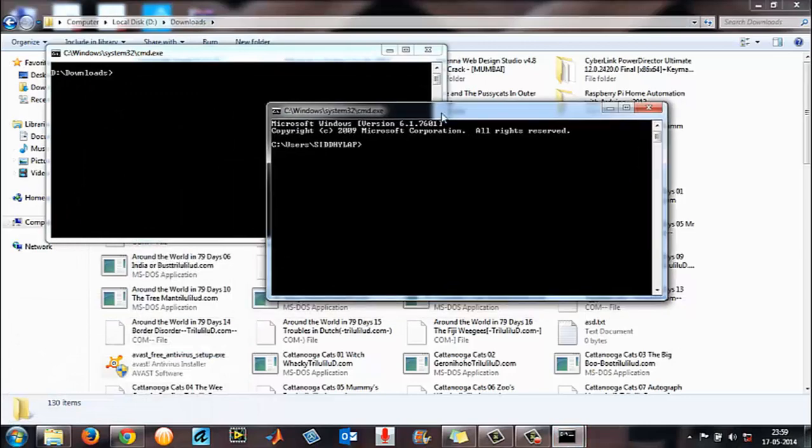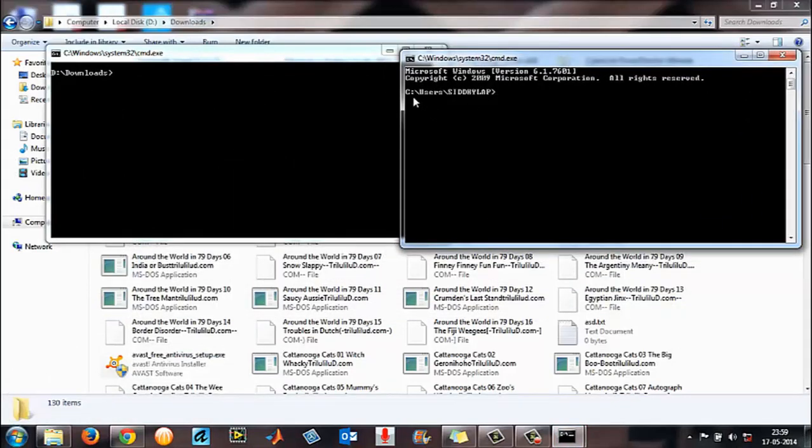In this case, if you see here, it opens in the default C users. In order to change the directory to your desired location, just type the parent directory. Here my desired folder is Downloads, which is in the D directory. So what I will do is type D, then press enter.